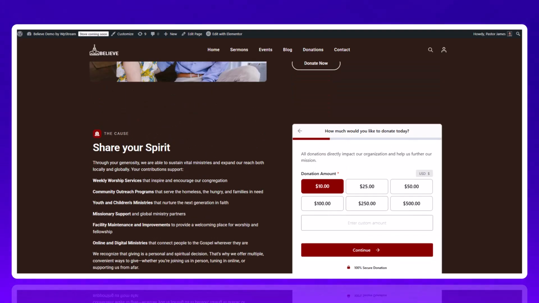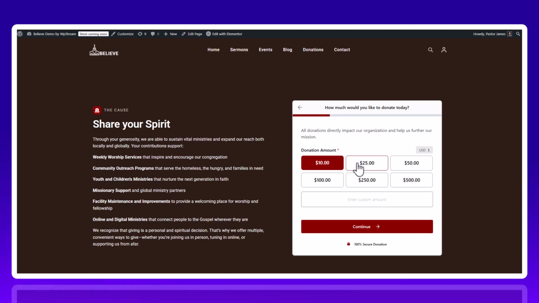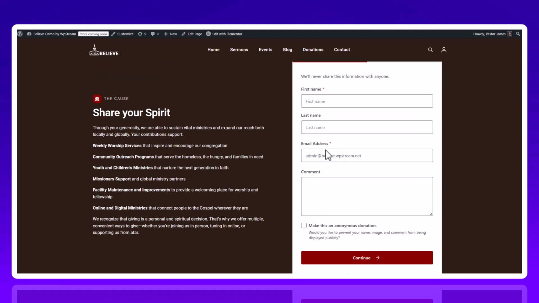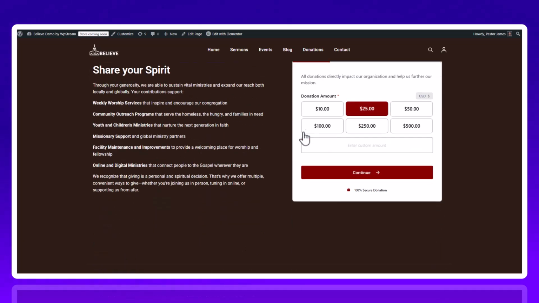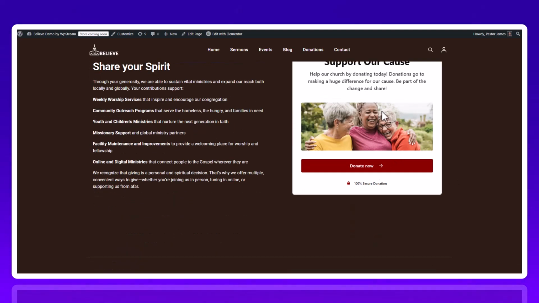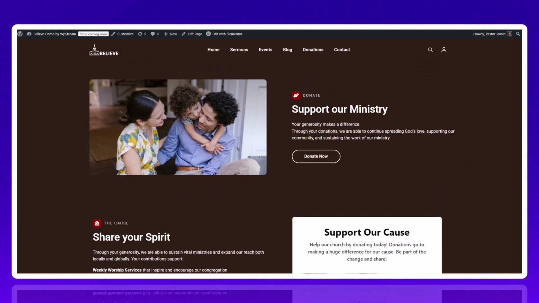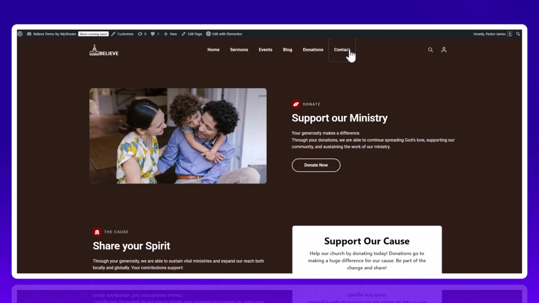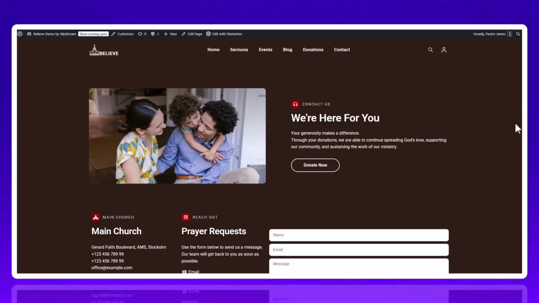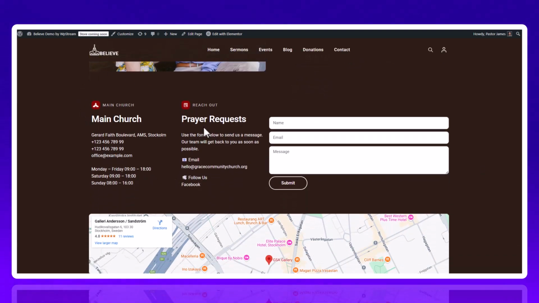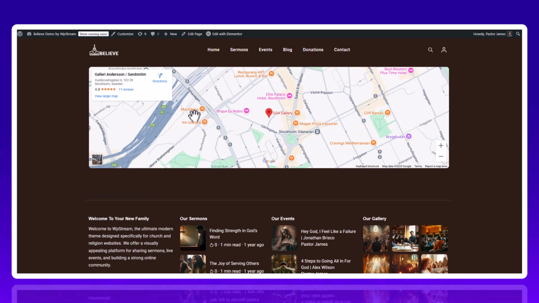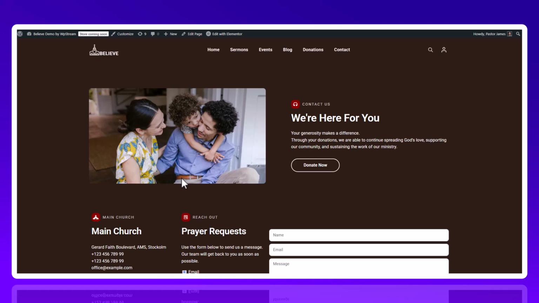And we'll be creating 2 different videos, one for the customize section and one for the Elementor section, to show you exactly how you can mix and match these sections that we've just showed you, and everything that's available with the demo, technically with the theme. But the demo is ready to use, ready to go, and you can just replace all the text, images, and videos that you may have. There's also a contact section, so like an address that you can add, phone numbers, prayer requests, and a form,